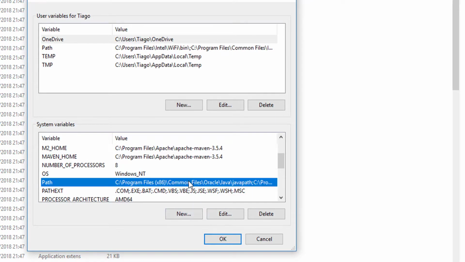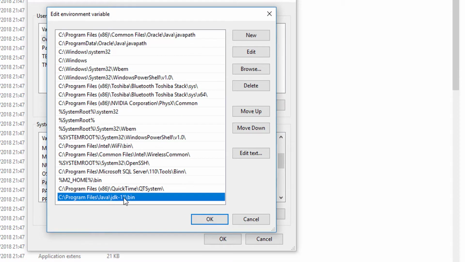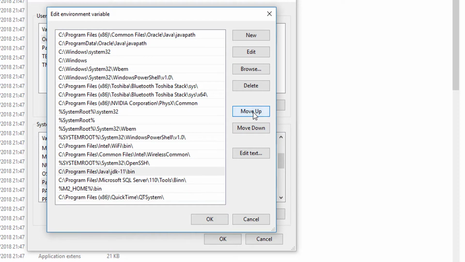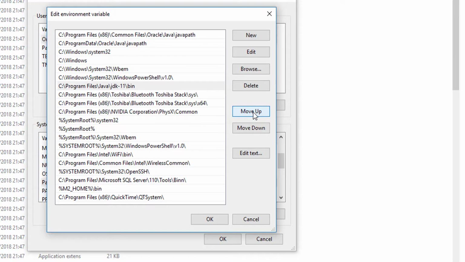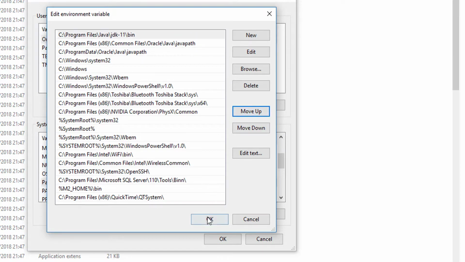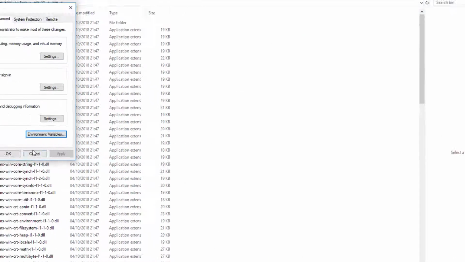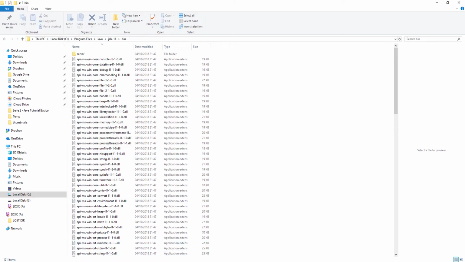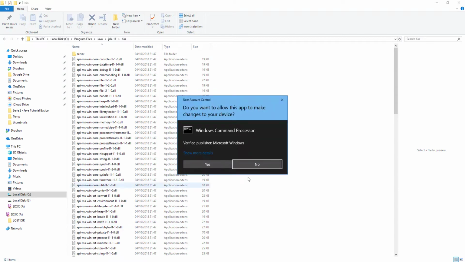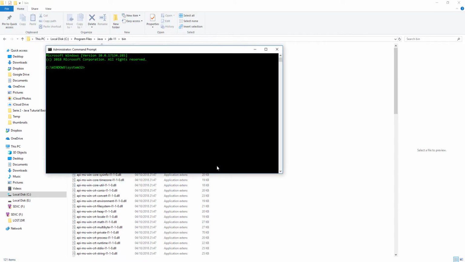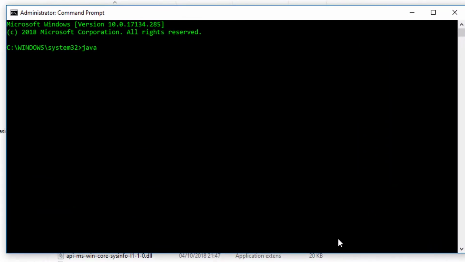You go there again, double click, and you need to move it until the very top of the list. Okay, once it's done, just press OK, OK, and OK. And now we're going again to the command prompt. Remember, run as administrator. And if we type now java -version, you should be,